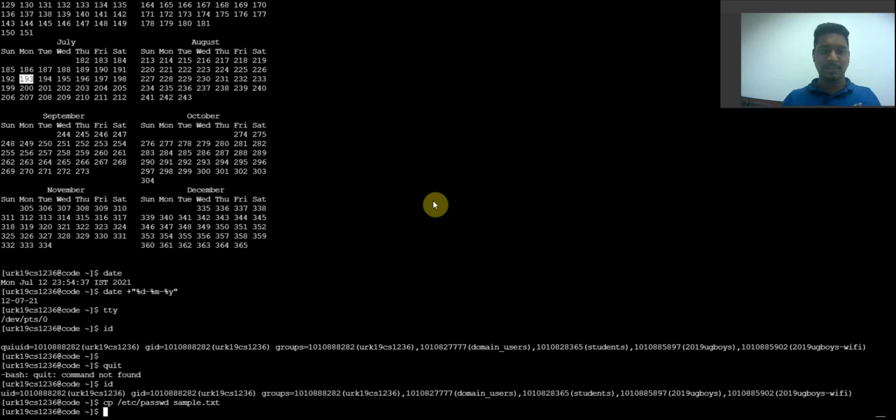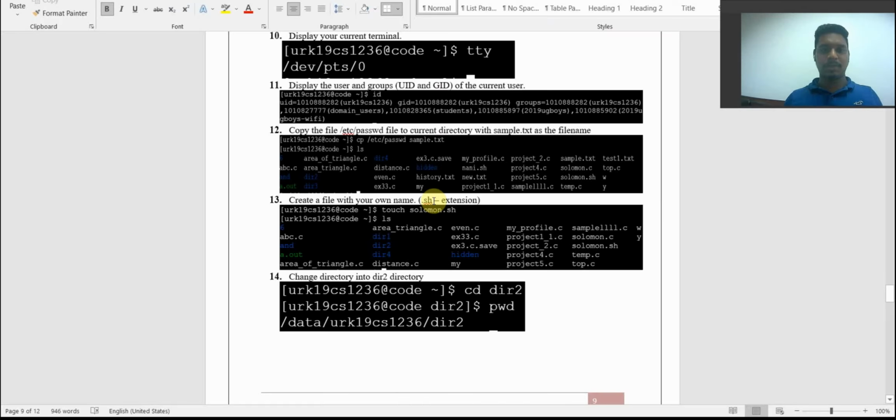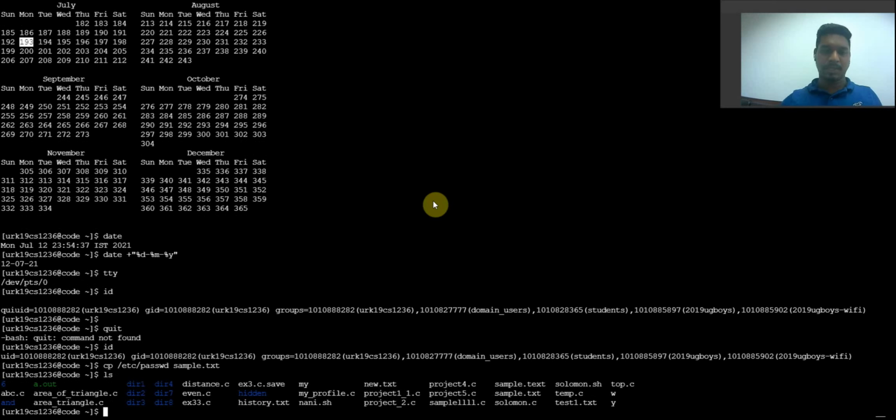So this file is copied now, and let us see ls. All the content, all my details, everything has been copied into sample.txt. Into this file all the content has been copied.